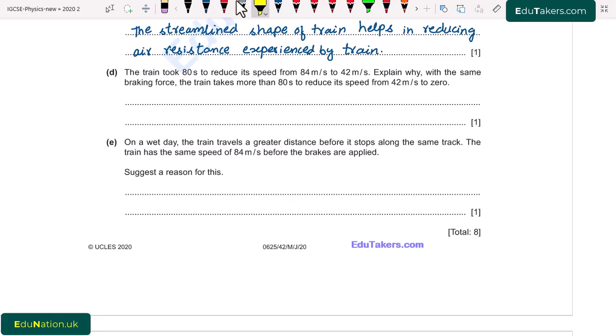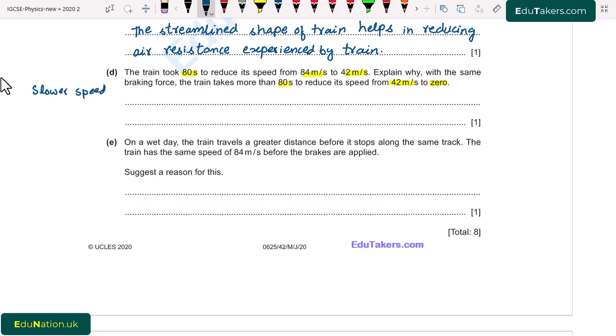Part D. The train took 80 seconds to reduce speed from 84 meters per second to 42 meters per second. The time for this is 80 seconds. Explain why with the same braking force, the train takes more than 80 seconds to reduce its speed from 42 meters per second to 0. So, because when a train is moving at a slow speed, then there is less air resistance against it. And I write here slower speed